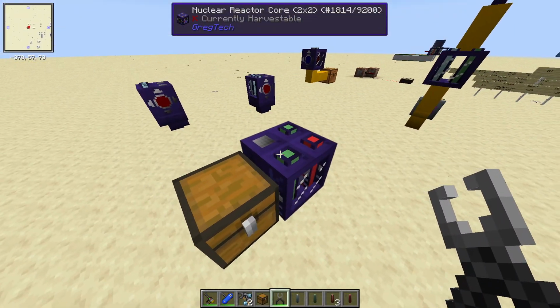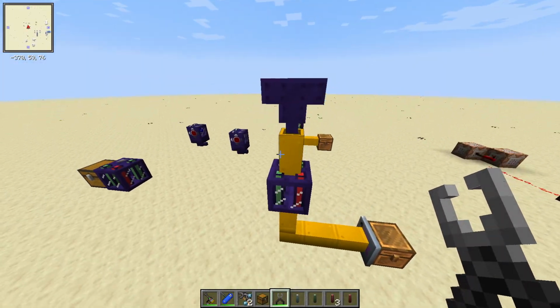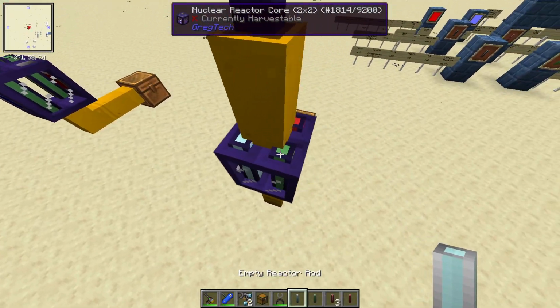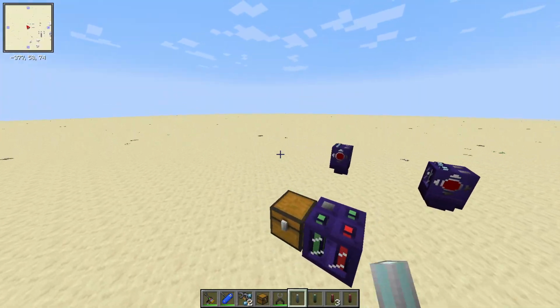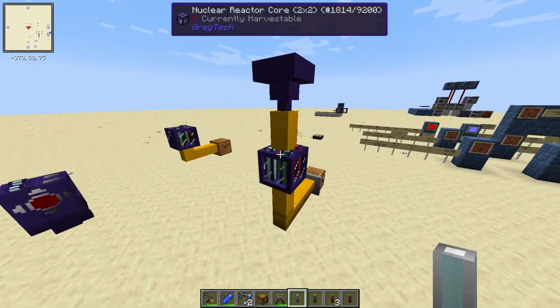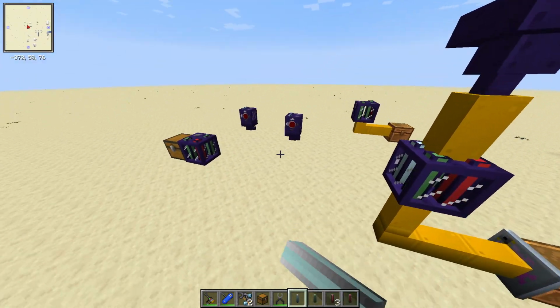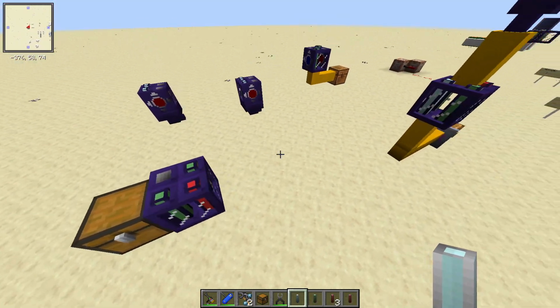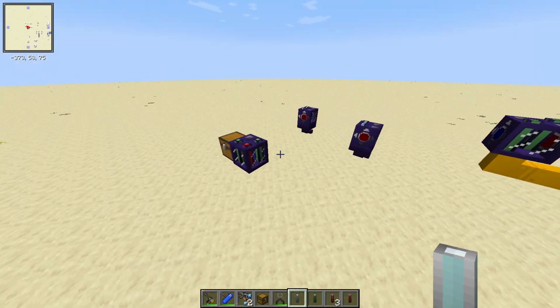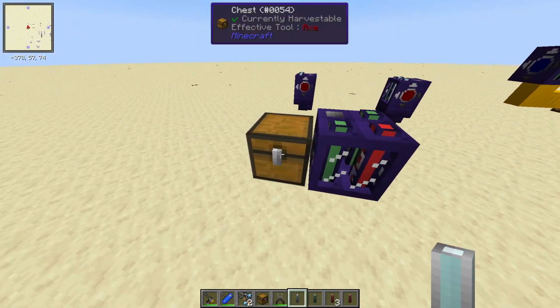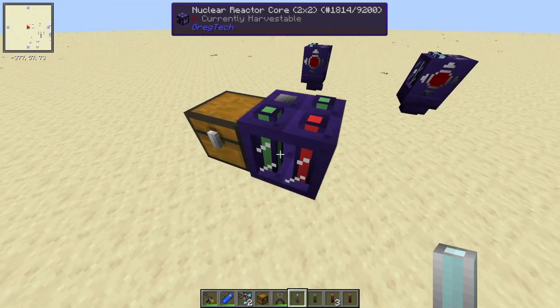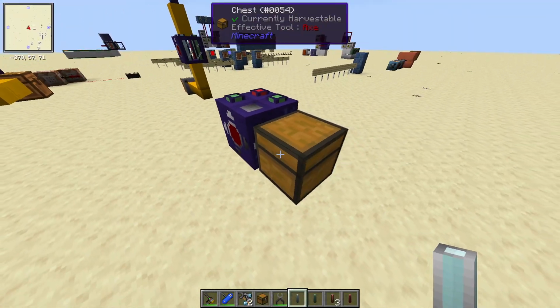So you can see that this provides an alternative to the system of using the empty reactor rods to insert things in. Personally, I prefer to just do it with the item pipes for one of several reasons. The biggest reason is that I like to be able to see what's going on with my reactor. And what ends up happening is that you end up occupying slots of the reactor, or rather sides of the reactor, with robot arms